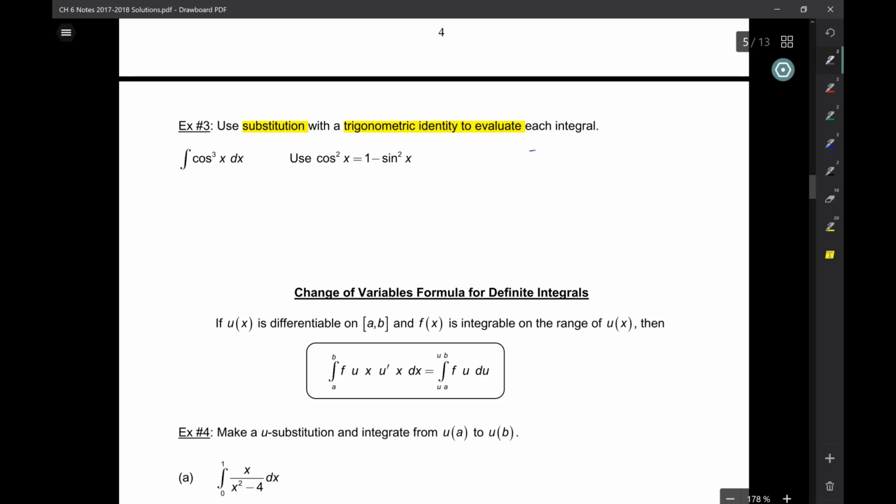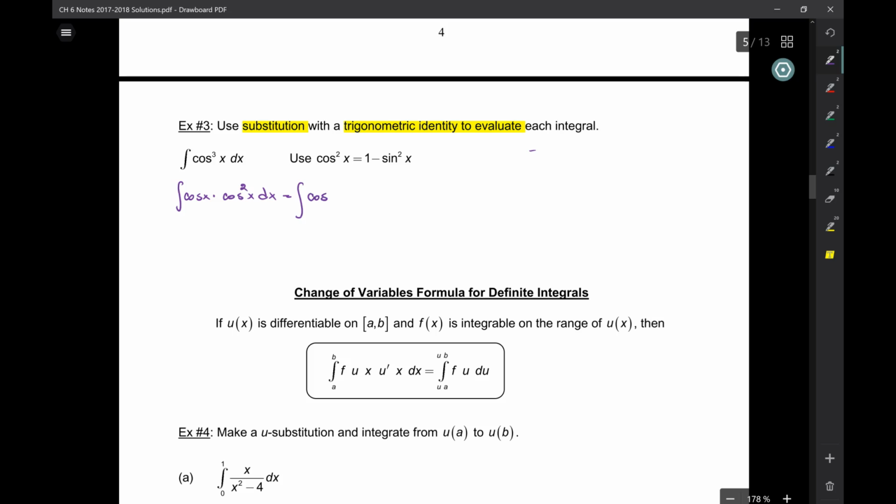Well, cosine cubed x is 3 cosines multiplied by each other, right? Let's write it like that. Let's write cosine of x times cosine squared x dx. Can we do that? Yeah. Okay, now this is equal to